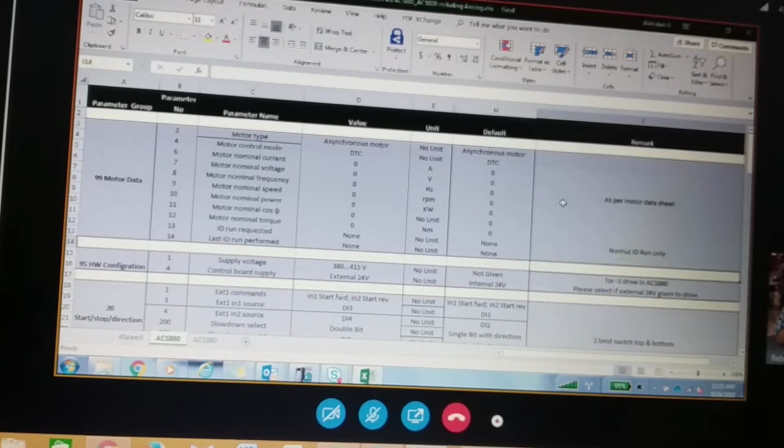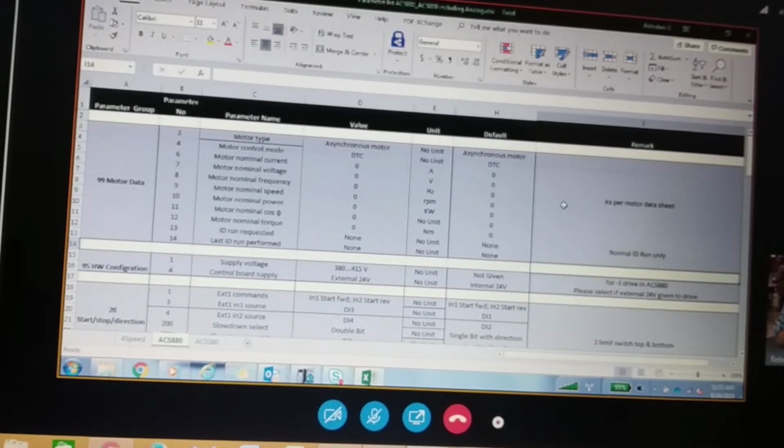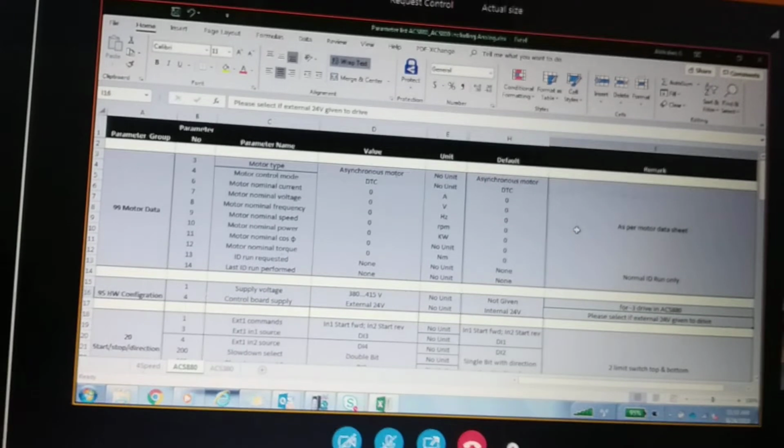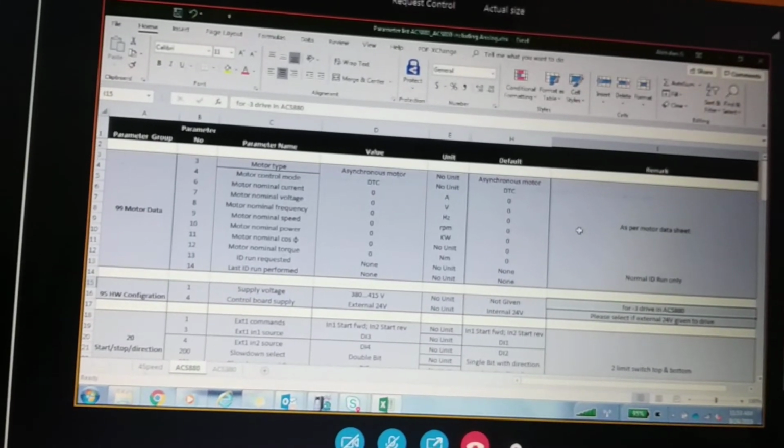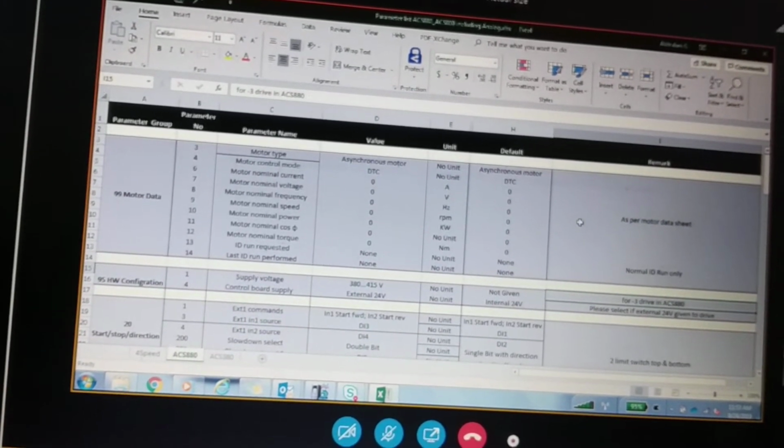And ID run, normal ID run only. Standstill and other ID runs are not allowed for hoist application. Allowed means it will not restrict, but it will not give you the result.